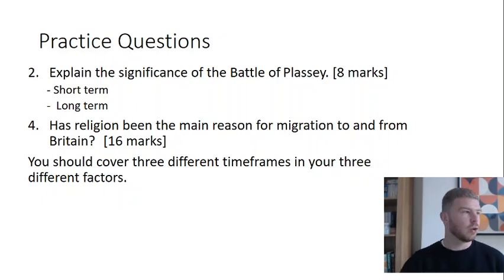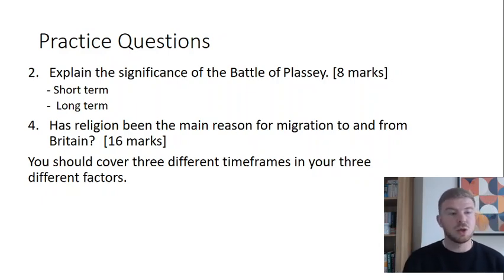In the short term, you could talk about the fact that it means that East India Company is now incredibly powerful. It shows that they now control the region of Bengal, stuff like that. In the long term, you could talk about the fact that it's the start of British rule in India, and think about the years, that India doesn't become independent until 1947. So think about the fact that all of that starts with the Battle of Plassey. You could mention the Indian Mutiny as part of that. You could mention the huge amounts of profit that Britain makes, and that all comes back to the Battle of